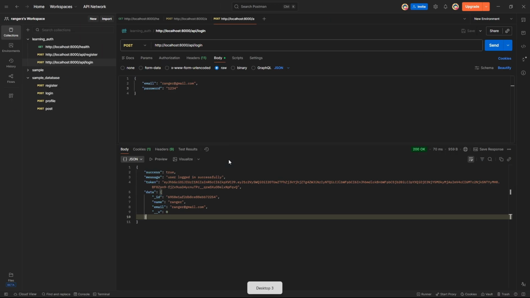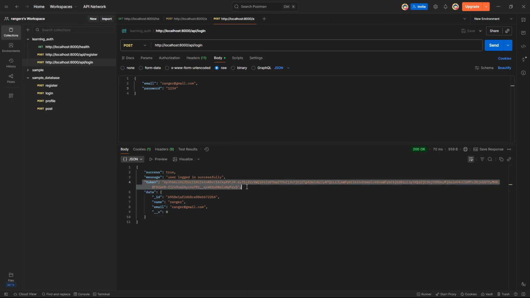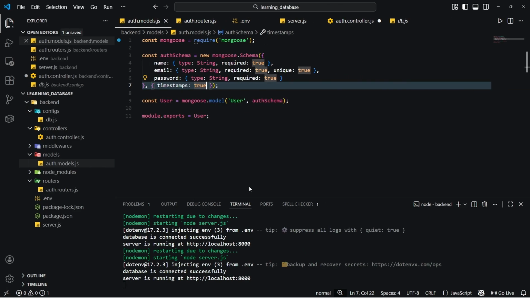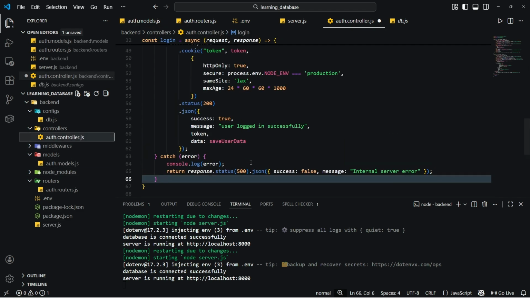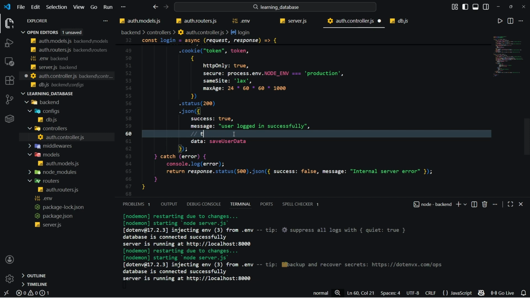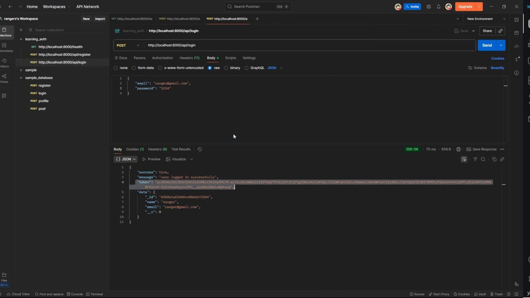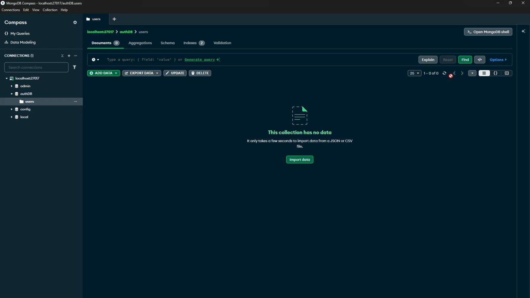Now we don't need to pass the token here. We are setting the cookie, so we will remove this token from the response. This one. Okay, now delete the user from this,